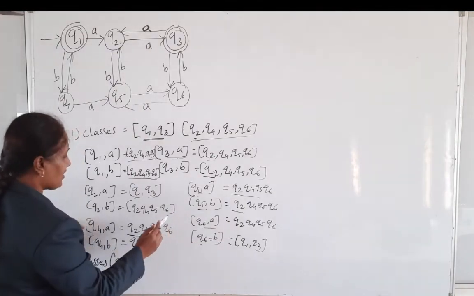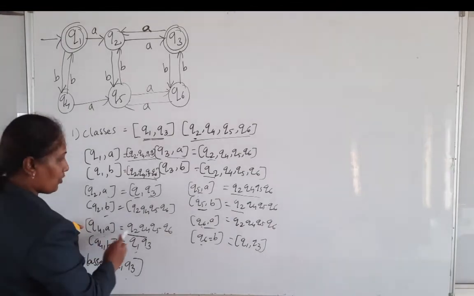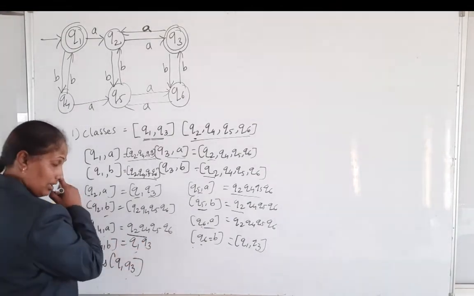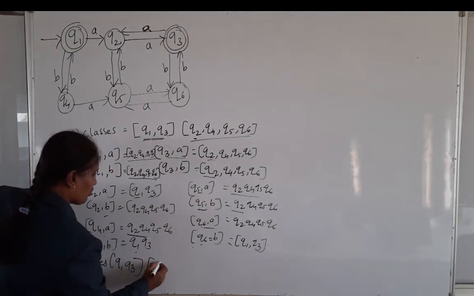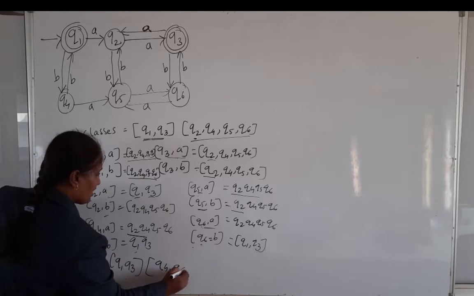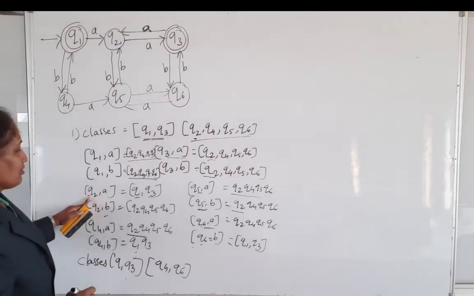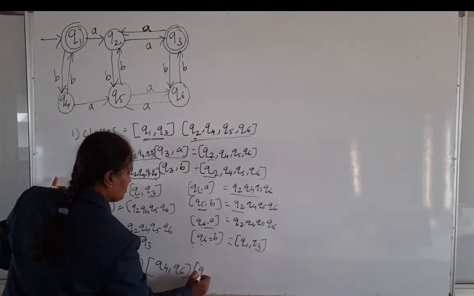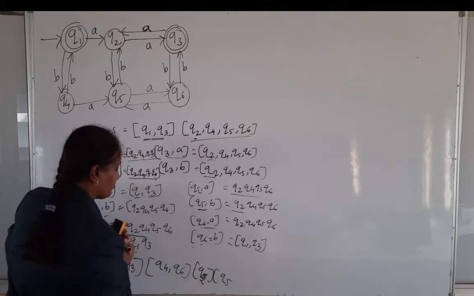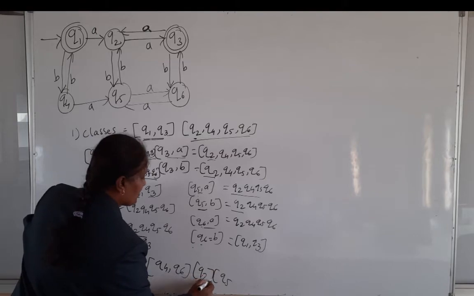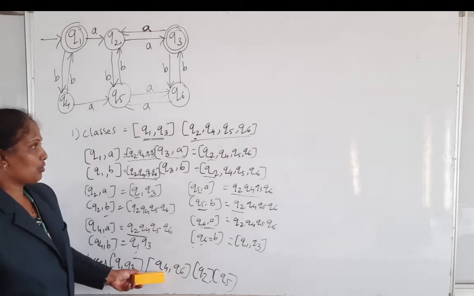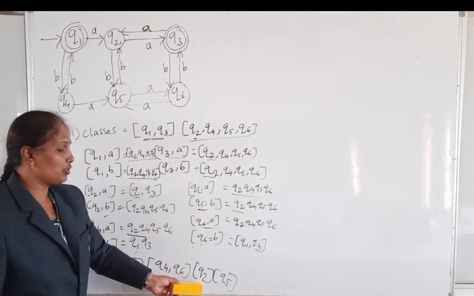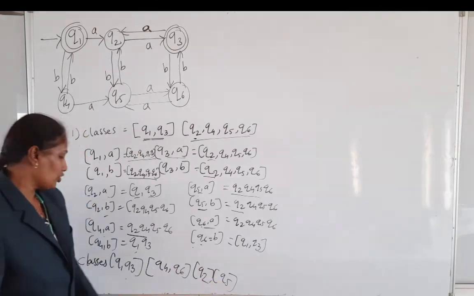Next, Q5 is different, Q2 is different, Q4, Q6 they are in a same state after accepting the input symbols A and B. So I will make a group of Q4 and Q6. Q2 and Q5 are the distinguishable states here. So I will write Q2 and Q5. Q2 is different and Q5 is different. So this group I divided into 3. So Q4, Q6 in one group, Q2 is in separate group and Q5 is in separate group.